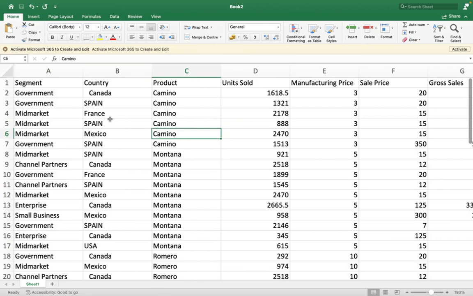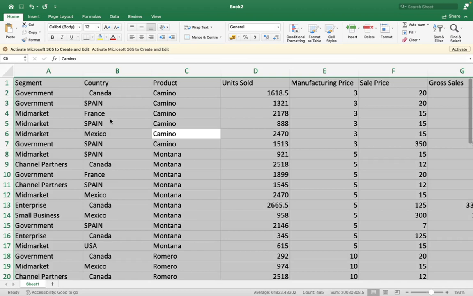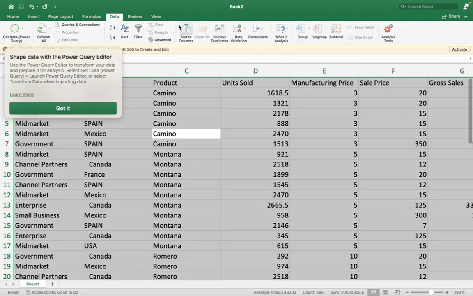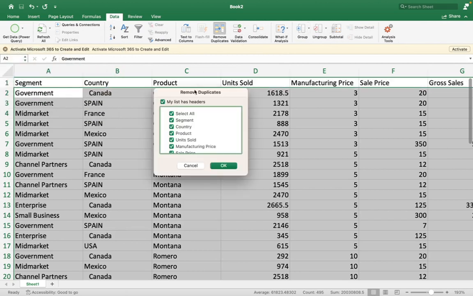So again, if you Control A to select all of your data, or you can press this arrow up here, and then we are simply looking for the duplicates button, which we can find under Data, and then here, Remove Duplicates. If you click that, now you can see here that there's all these different columns, and essentially